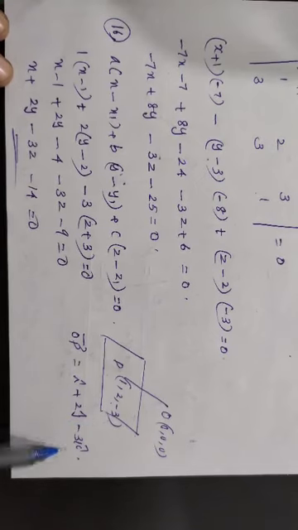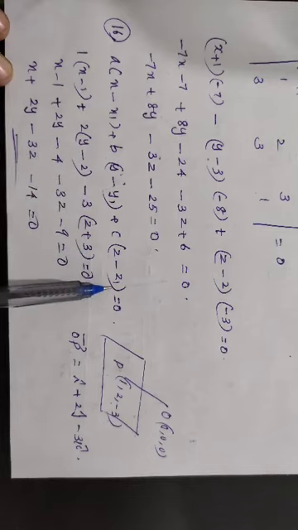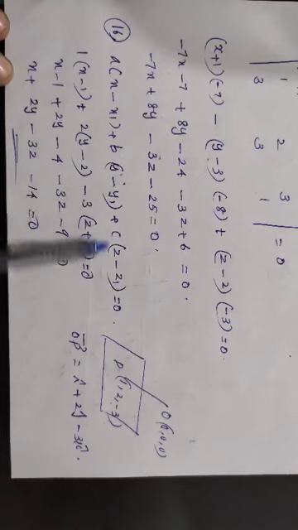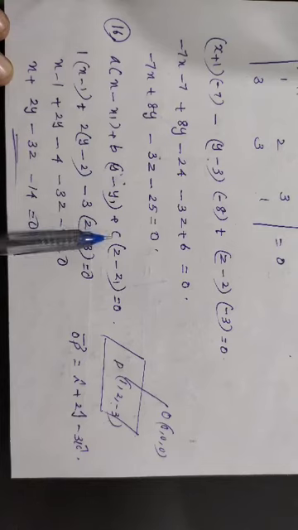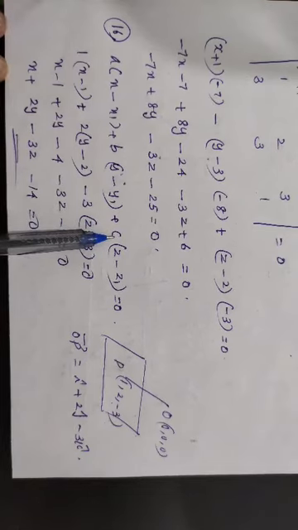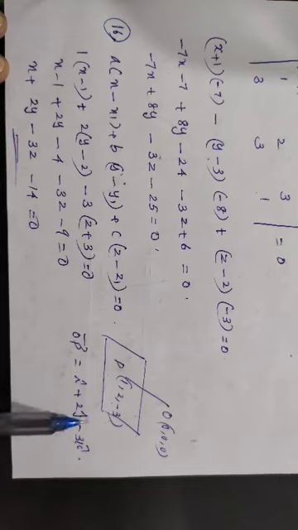We got the point and the perpendicular vector. We can use the formula a into x minus x1 plus b into y minus y1 plus c into z minus z1 equal to 0, where x1, y1, z1 is the given point 1, 2, minus 3. A, B, C are the direction ratios of the perpendicular vector, the coefficients of i, j, k: 1, 2, minus 3. By replacing A, B, C by 1, 2, minus 3 and x1, y1, z1 by 1, 2, minus 3, and simplifying, you will get the equation x plus 2y minus 3z minus 14 equal to 0, or x plus 2y minus 3z equal to 14.